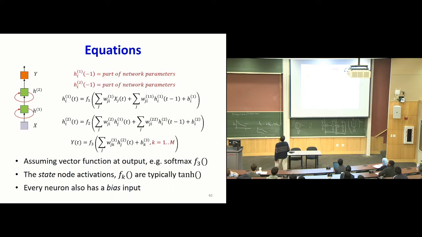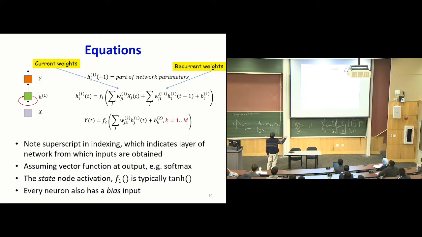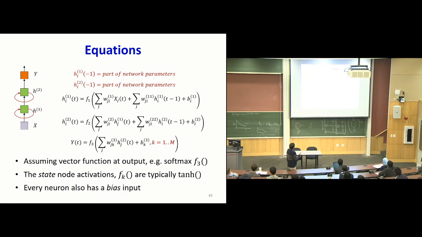Let's look at this more complex figure. Now here, this H of -1 is part of the network parameters, right? The hidden value at time -1. Here I have two sets of hidden neurons, so both of their values for every component at time -1 must be specified. Now this even at time -1 is going to be an entire row of values. So the number of parameters that I have to specify is going to be the number of neurons I have here in this layer plus the number of neurons I have here in this layer, all of those activations at time -1. So these are all part of the network parameters.